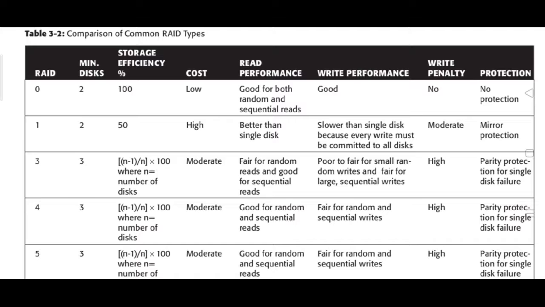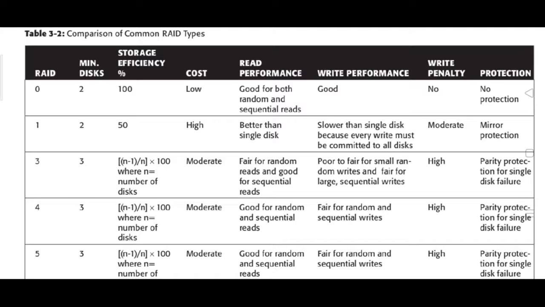For implementation of striping you need 2 disks, and parity is a must in RAID 3. For parity, a dedicated disk is required. 2 plus 1, total how much? 3 disks, right? Then storage efficiency is computed as follows: out of 3 disks only 2 disks are usable. The third disk is only for parity, so you cannot store data on it.